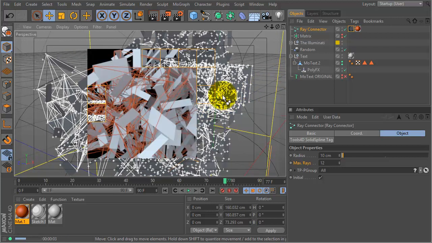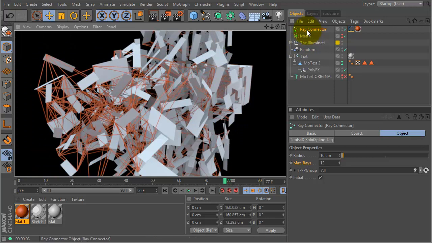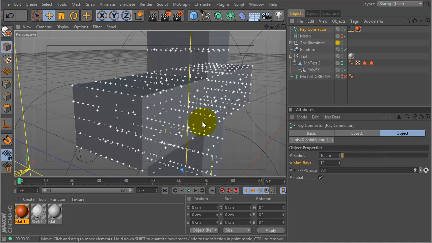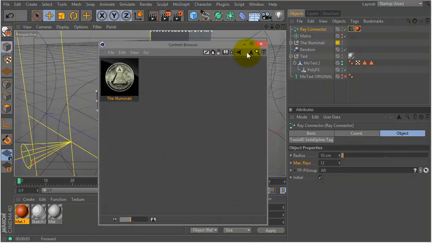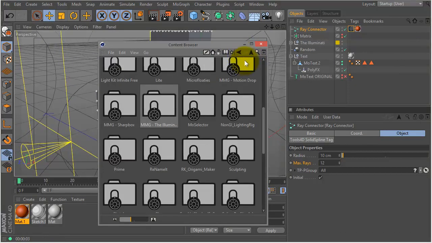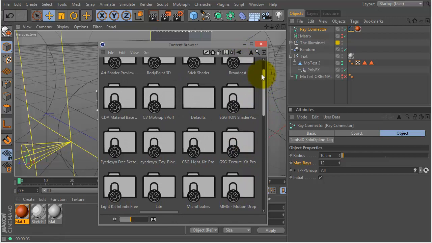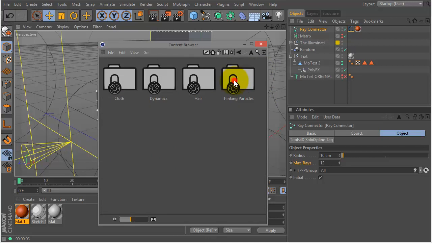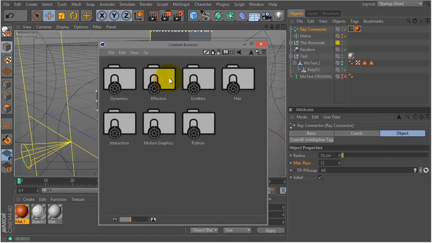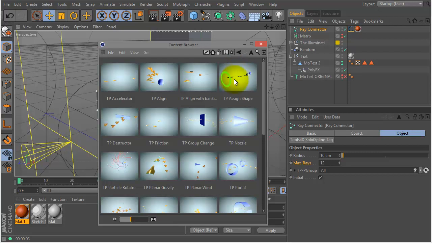One other cool thing about using the Rake connector or even the PC connector with Thinking Particles is we can actually have these splines detach from our object, right? So we should be able to. Let's see. So if we apply, let's go in here to the presets, and let's see if I can remember where these are. I believe they're in Studio. So if we go to Studio, Simulation, Thinking Particles, Presets, Effectors, let's do